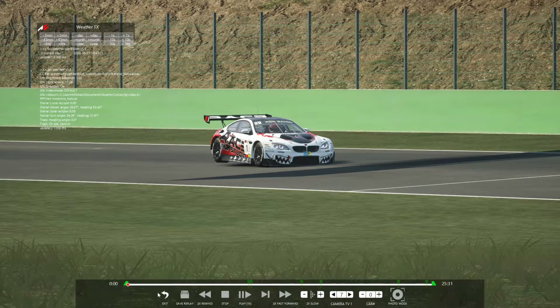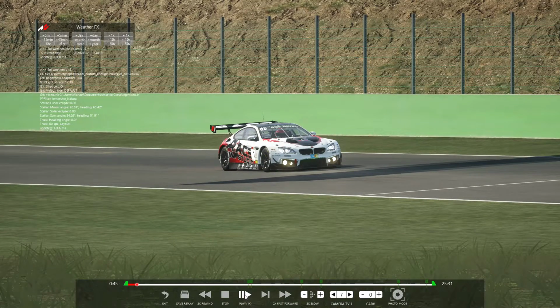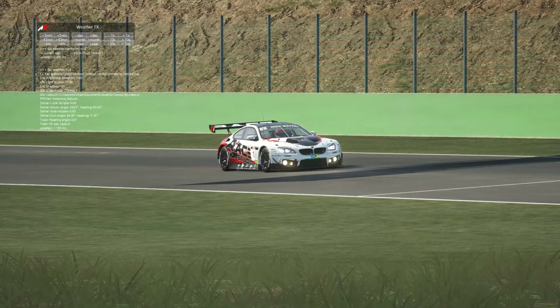to also help show you that once you have this set up, you have total control over almost every part about it. So I'll just show you that it is a replay here by starting it off, and now we have the lights and everything, but just for the sake of showing you, so the car doesn't take off, I'll pause it. And now what I'll do is I have this as a separate video and I'll have a link to it, but how to use the free roam camera. So you just press the F7 key, and now I'll move forward,